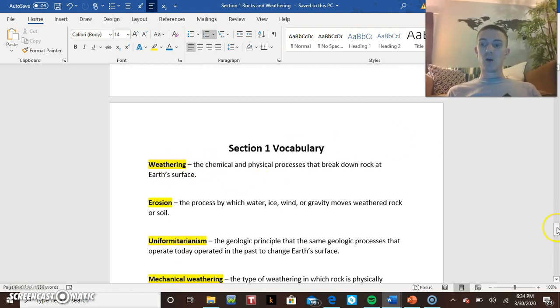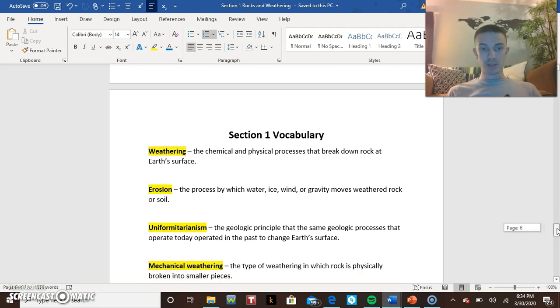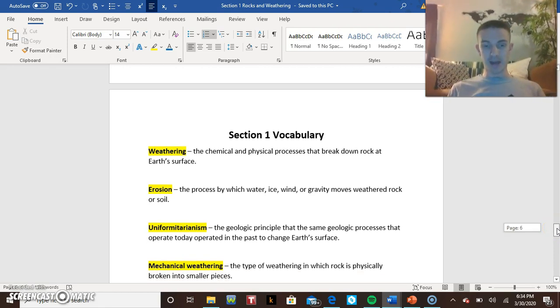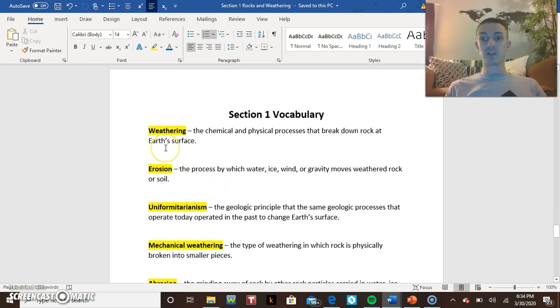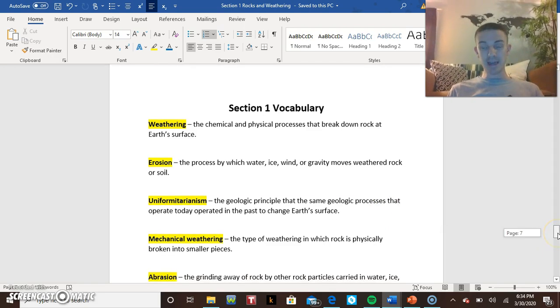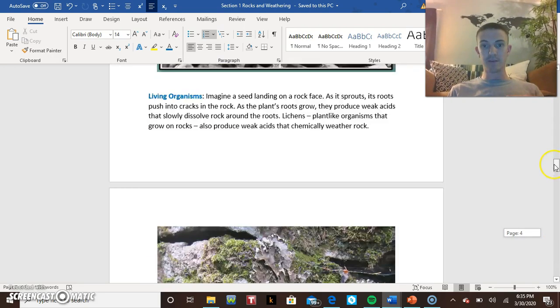All right, so what I think you should do is, if you have the time, jot down some of these definitions into your notebook if you remember to bring it home. All right, but your assignment for today is to read through that reading, from the very top to